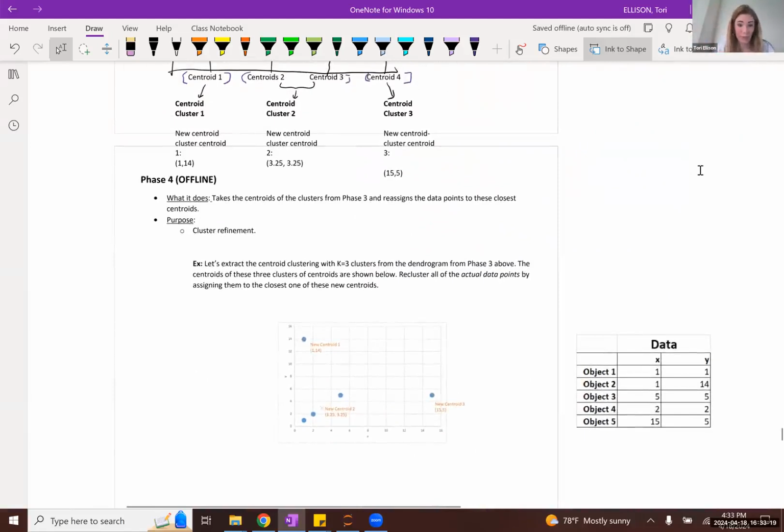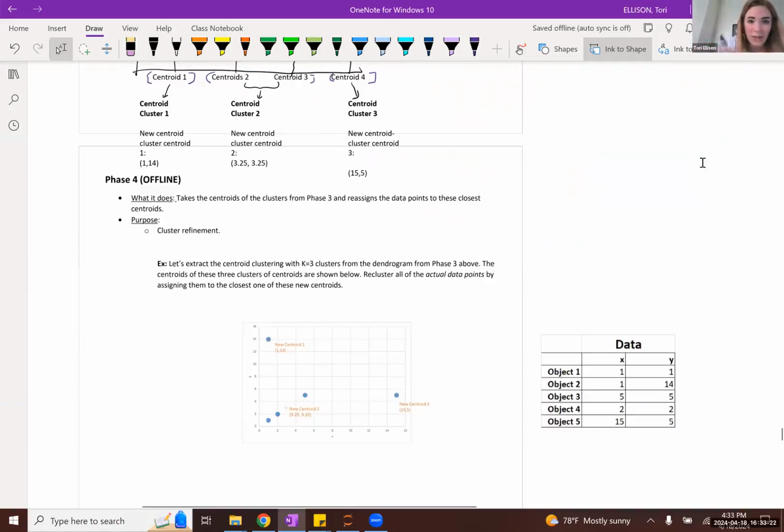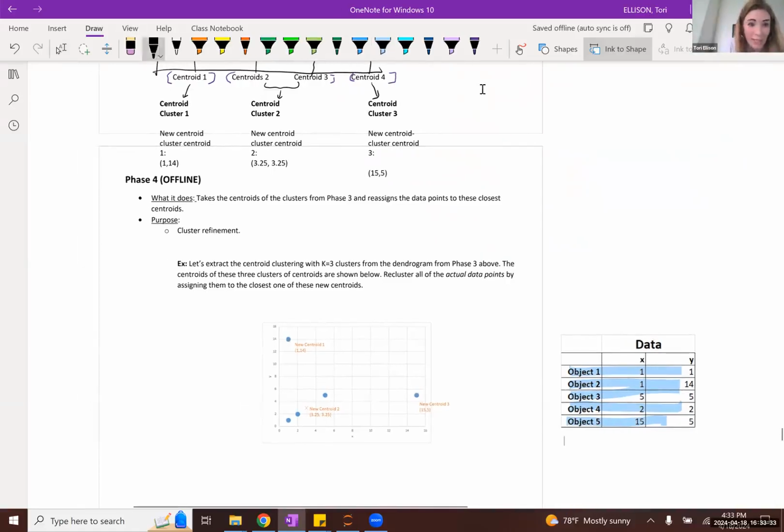What we would need to do in phase 4 is reload each of our observations back into our Jupyter notebook or whatever, and assign each of those observations to their closest centroid cluster centroid as follows. So that would give us the actual corresponding cluster labels.